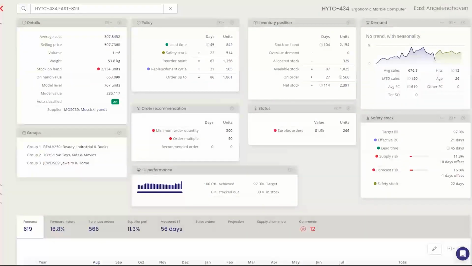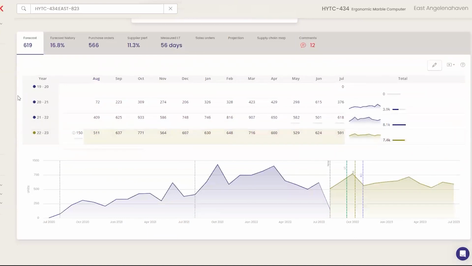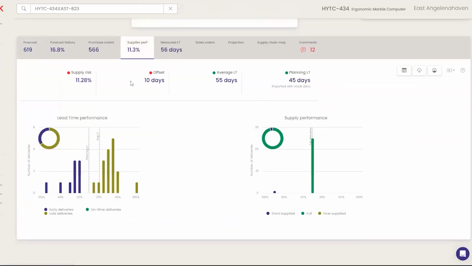So if I jump into an item here instead, we've got a part number here with all of this information. So this is our inquiry screen. So you can see there's a lot of information at your fingertips in NetStock. And we can see the supplier for this particular item here. And if we jump down to the bottom of the panel, right here we see our forecasting and sales history panel. But if we jump into the supplier performance pane, we can see the historical purchase order transactions that were recorded from this supplier for this product at this location. So this is location specific, and we're just looking at an individual item at the moment.